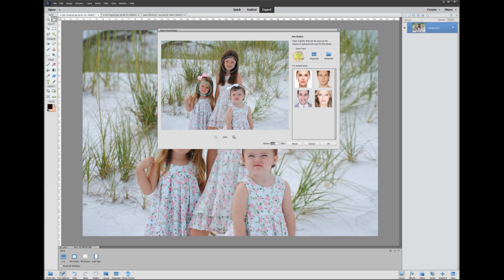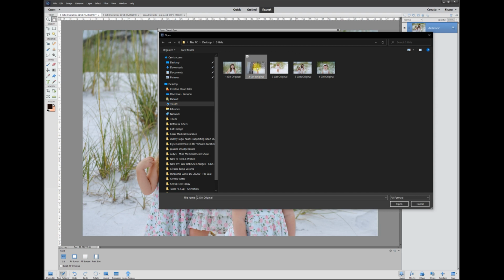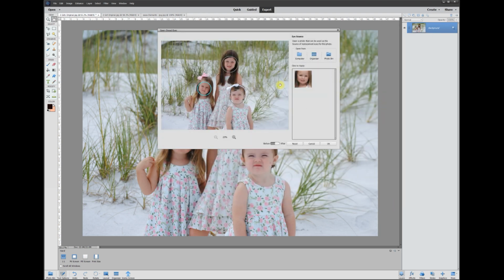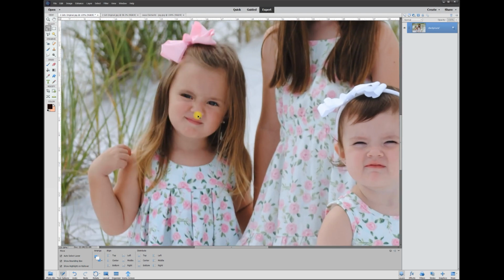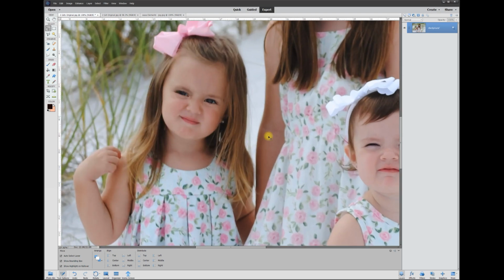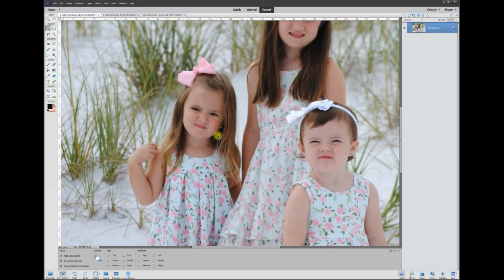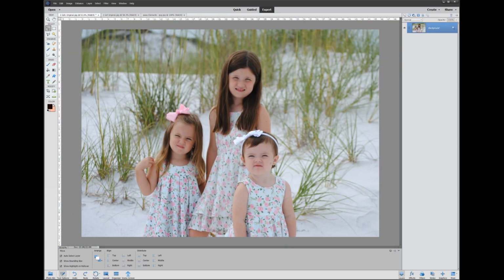So now we go over here to Computer, search for that photo here, and hit Open. And it brings in her photo right here to replace her face. What you do is you click on that photo and you hit OK and watch what happens. It opened up her eyes. The problem is that does not look very flattering. It's just not a very good version of the eyes that I want to put in it. So let's go ahead and hit Control Z to undo that and do our other version, which is the old